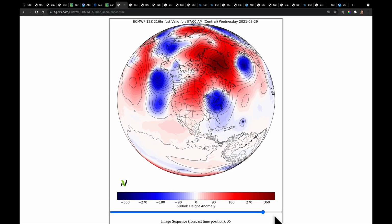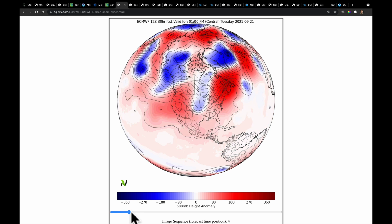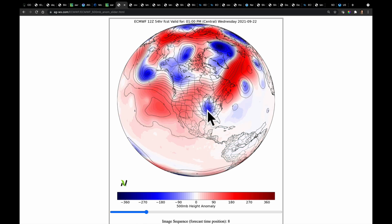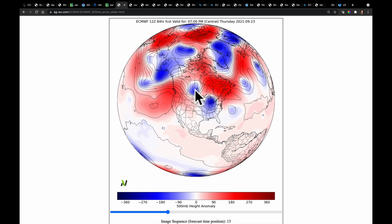At the end of the next 10 days, the pattern looks quite similar to where it's going to begin. A developing ridge with a trough on the east coast and a trough up the west, right? Now watch how we got there. Here's the first trough moving through tonight into tomorrow morning, and it sweeps through and cuts off over the Ohio River where it meets the Mississippi, and then moves right here straight through Michigan. Now, while it's doing that, behind it,